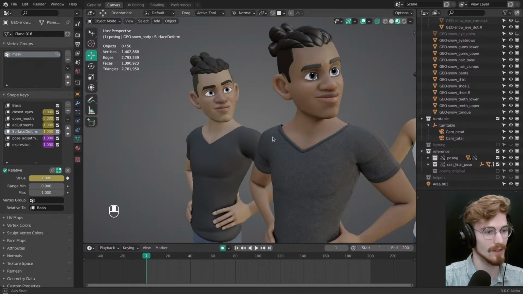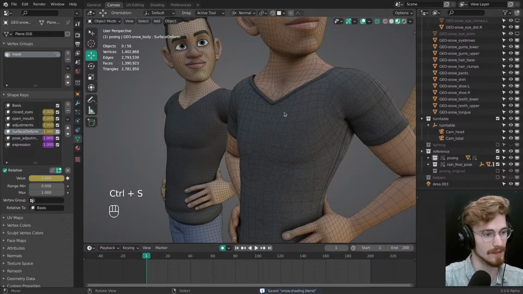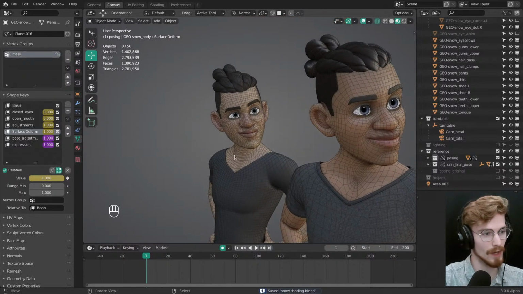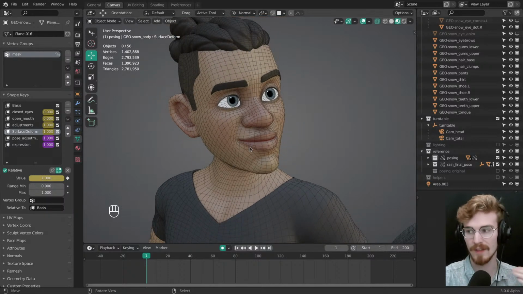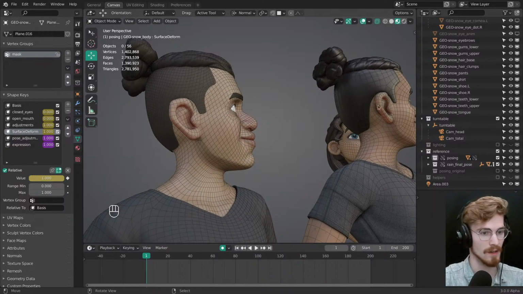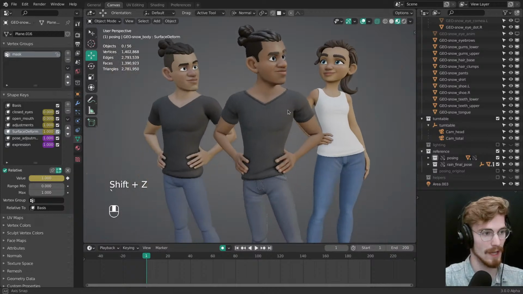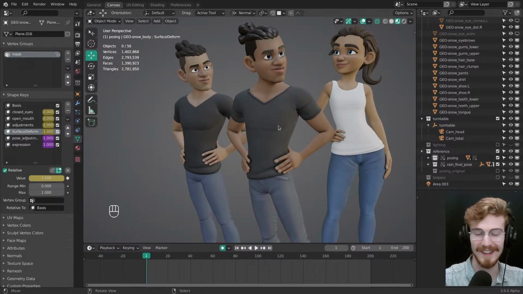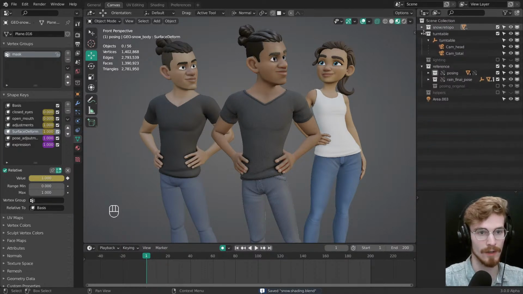Okay, so if we look at the wireframe, you can see that this and this is not the same. This is the original sculpt where I did a really crappy topology just to be able to subdivide it and add more resolution to it. You can really see it with the ear. And this is the final retopology. So the way to copy this pose was actually not that easy, because if I am, hold on,